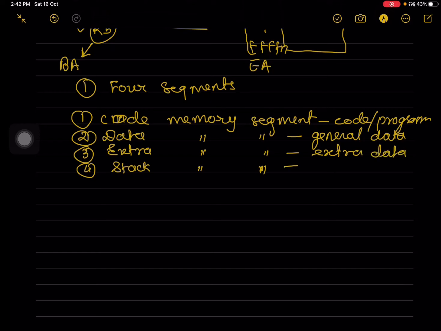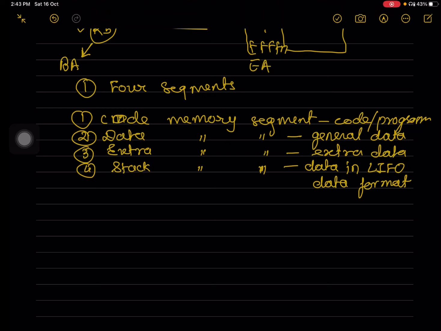Now, if I want to save the data in the last in first out data format, then it can be used in the stack memory segment. So the stack memory segment saves the data again, but in a different format, that is last in first out data format, which can be discussed later during the instruction set.